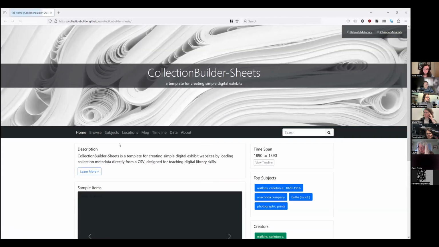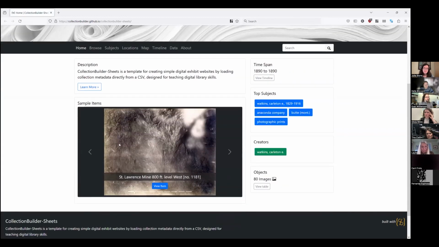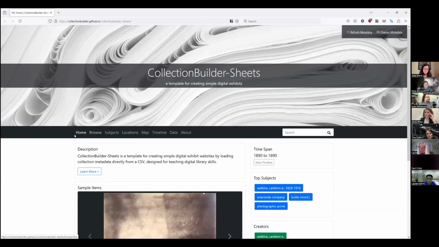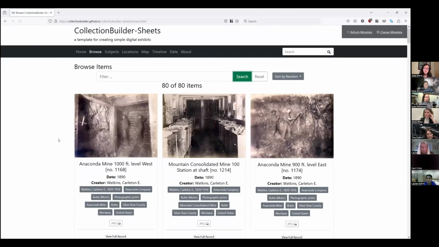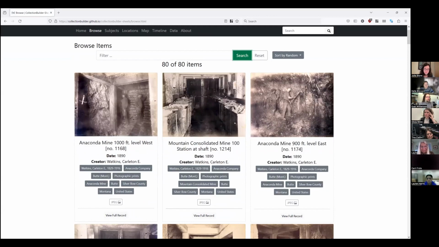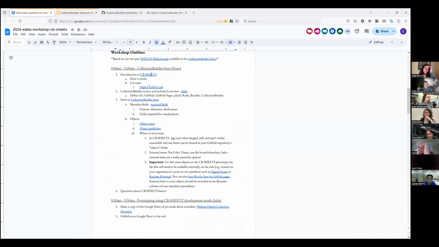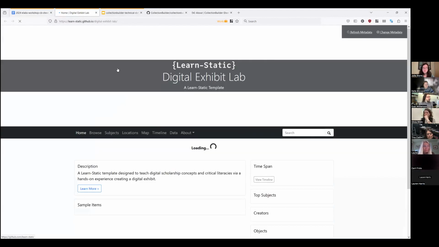So here's exactly that same repository that we were looking at, and now we're looking at the Carleton Watkins mines instead. And so there's a lot of interesting use cases that come up with that. And one example that I've done is this digital exhibit lab. And so this is a project where